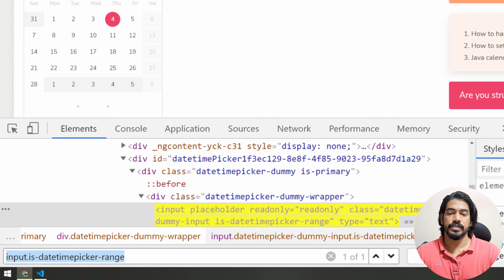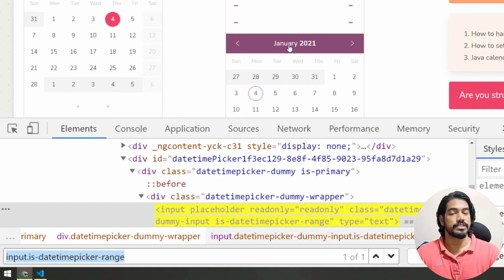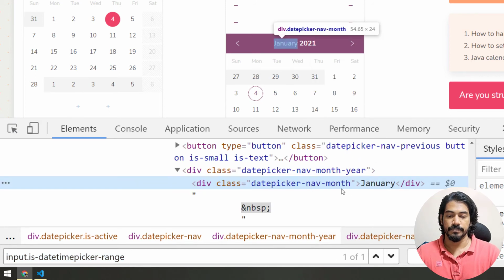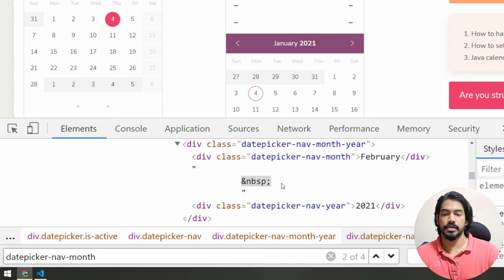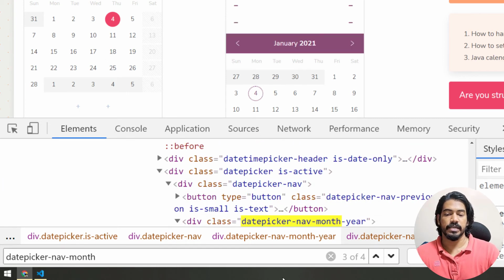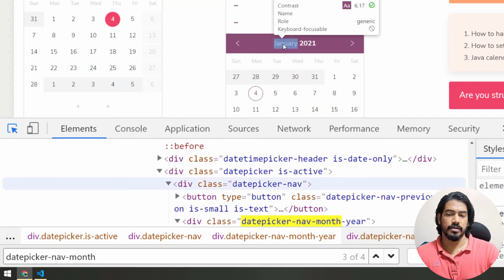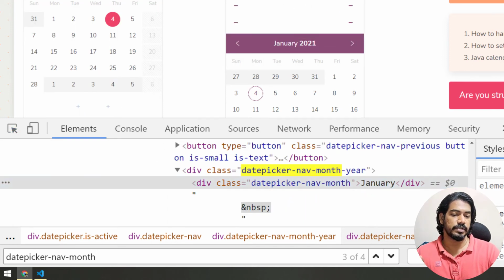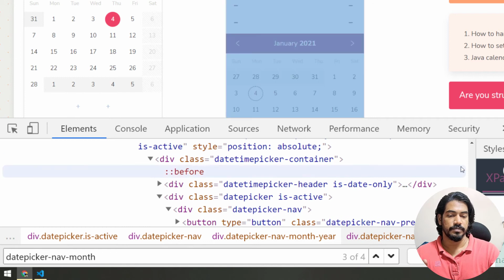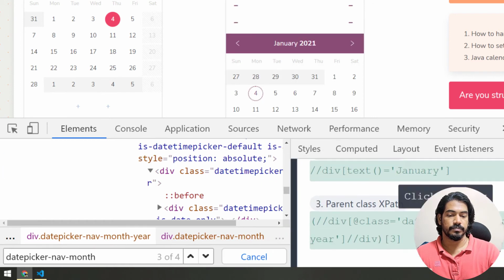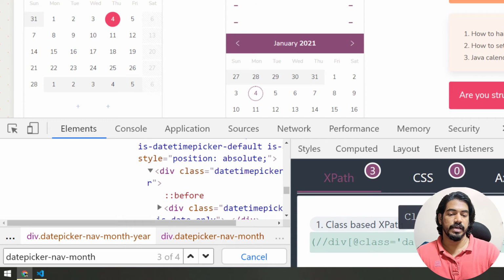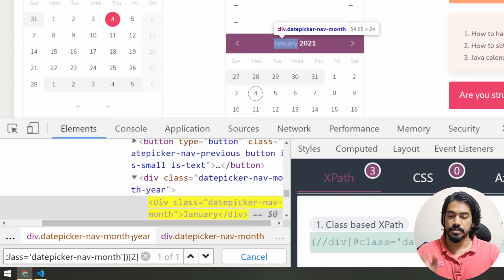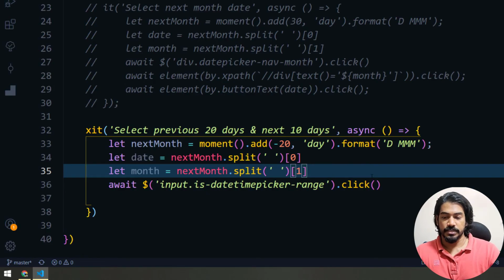Okay, so first we'll click on this, and then we have to click on this month, right? So we'll just go and inspect this one. This also has the same classes, but here now it's like 4 or something. Yeah, so what we can do is write an XPath or maybe some unique locators, but let's go with the XPath. I think that's fine. Okay, so here you can see we have the second one. So let's copy and paste it here. Yeah, so we got the second one. That's absolutely fine.